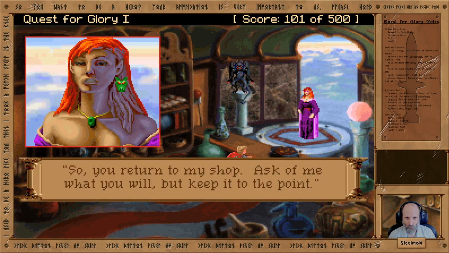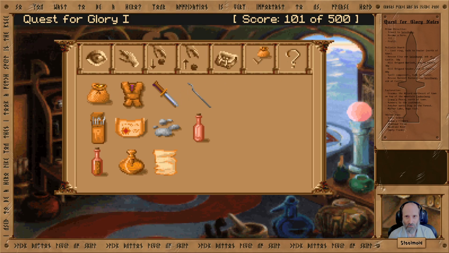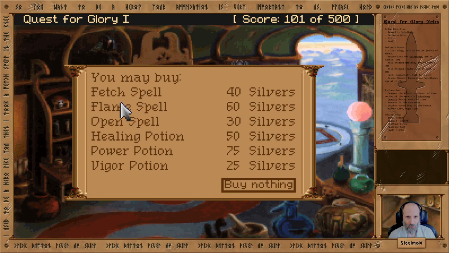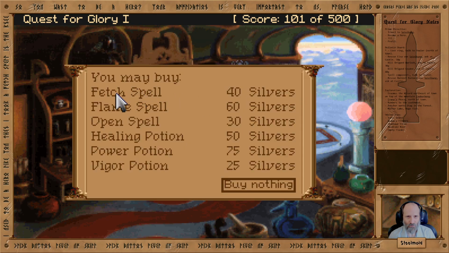Hey there, lady. So, you return to my shop. Ask of me what you will, but keep it to the point. Here's the cash. I want the open spell. As you read the spell scroll, the spell is ingrained in your mind. I want the...